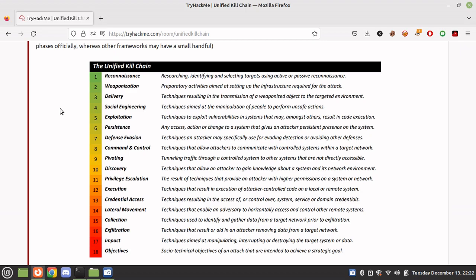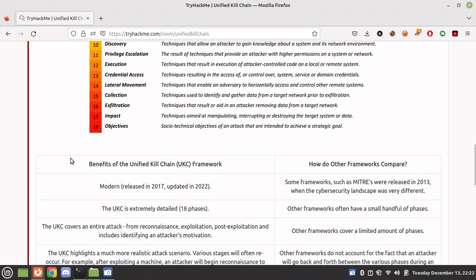Persistence, basically. Then you have defense evasion. Defense evasion is you need to evade the firewall or the antivirus. Command and control, pivoting, discovery, privilege escalation, execution, credential access. Lateral movement is a really good technique if you know how to do it. Collection, exfiltration, impact, objectives. So basically there are a total of 18 phases, and there are benefits of the unified kill chain framework